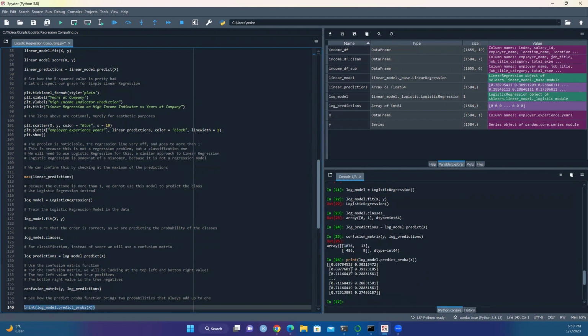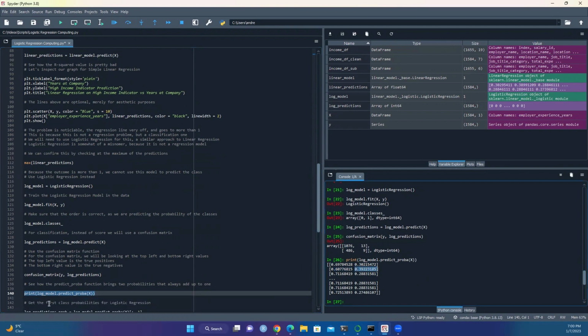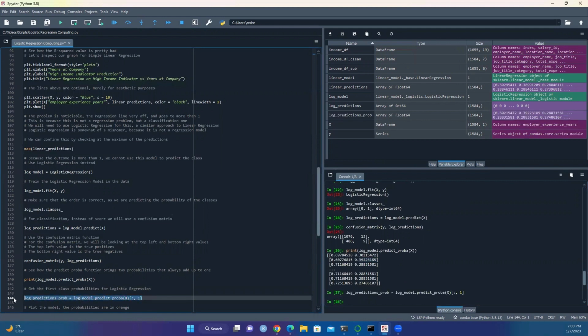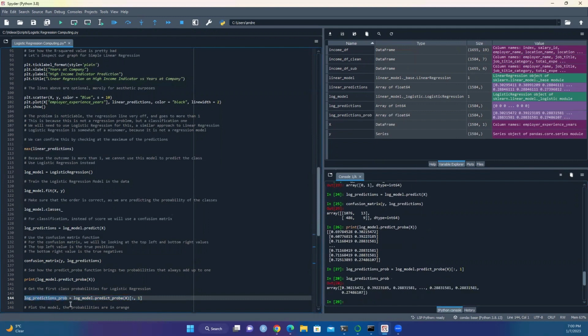Notice something, all these probabilities will always add to 1. This is because what this is returning to us is the probability that is going to go onto the first class, and this is the probability that is going to go into the second class. For this model, we want to get the positive class probabilities, so we are subsetting these with this syntax within brackets. That means giving me this variable, and if we look at this really quickly, we will only have the